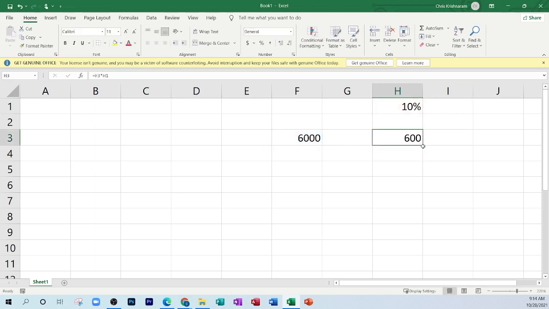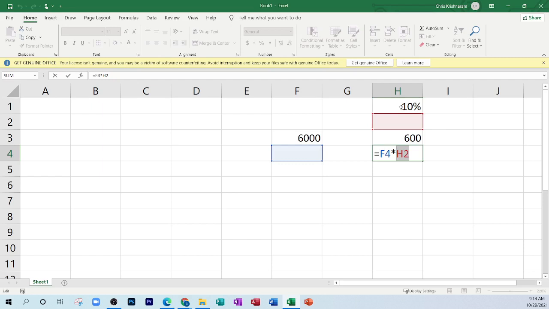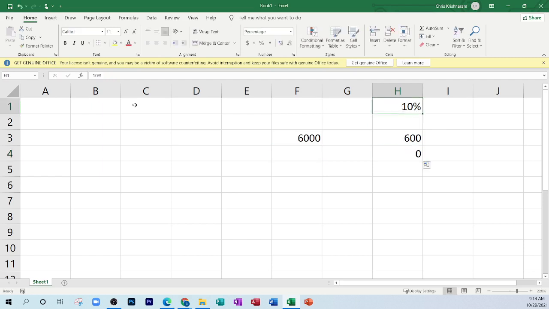What happens when we copy it? The H1 is going to change, and we're not going to get a calculation. So yes, we can use the H1, but basically only one time. Whenever we copy the formula now, it's not going to work. That is why they named it charity,